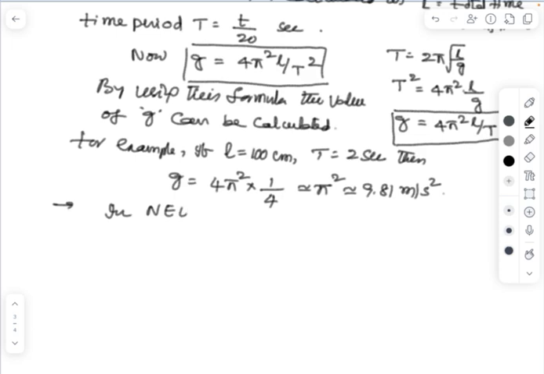In NEET 2026, the problem given is, while conducting an experiment,